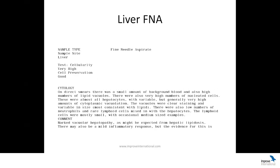Now, cytology and liver aspirates are not really good at giving us a definitive diagnosis, but they can be a good screening method, and they can guide us, okay? In this case, we had a marked vacuolar hepatopathy, as might be expected from hepatic lipidosis, and potentially a mild inflammatory response. Now, this mild inflammatory response, again, is something that the cytology is not really good at detecting. So in a lot of cases, you're going to need the biopsy and the histopathology